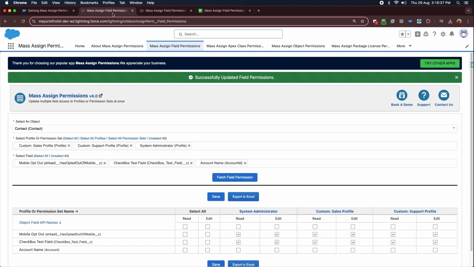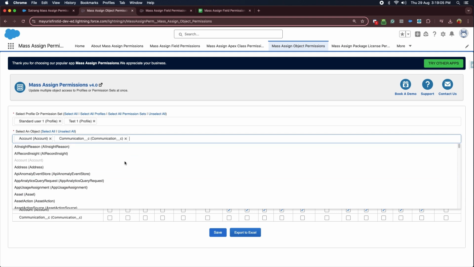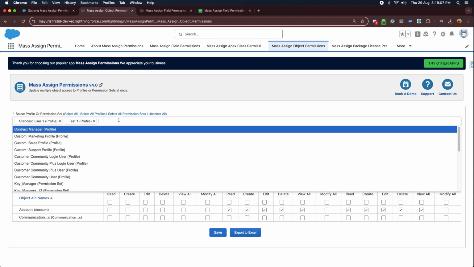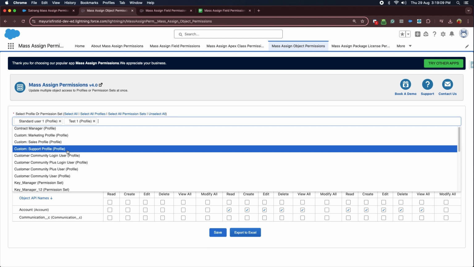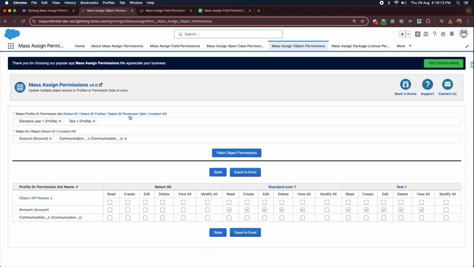Next is Mass Assign Object Permissions tab. In this tab, you can assign profiles or permission sets for the selected object. In the Select Object drop-down, choose the object for which you want to assign permissions. From the Select Profile or Permission Set drop-down, select the profiles or permission sets to which you want to assign